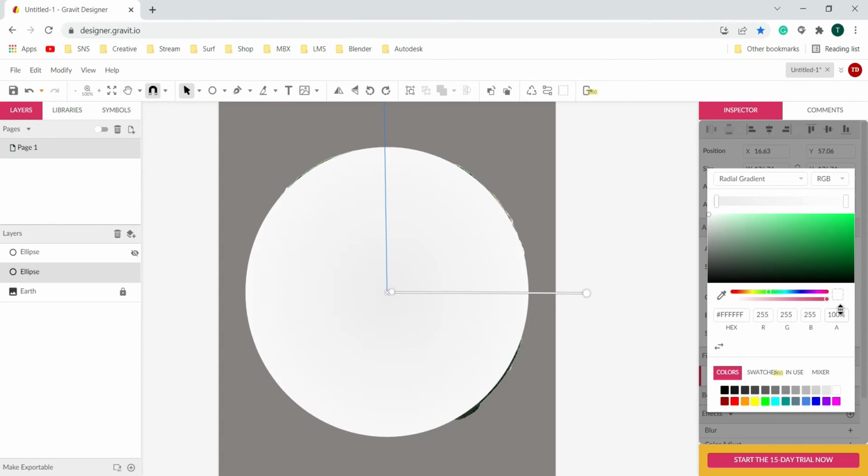So we need to focus on this channel, which is A, which stands for alpha. Alpha simply means that it is going to make it transparent. Right now we have the visibility of 100%, which means the color will be visible to us 100%. So if I reduce it down,